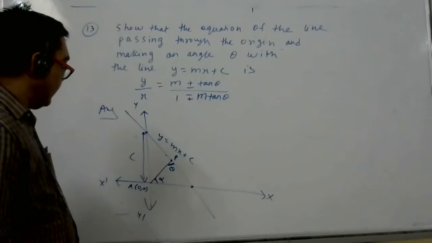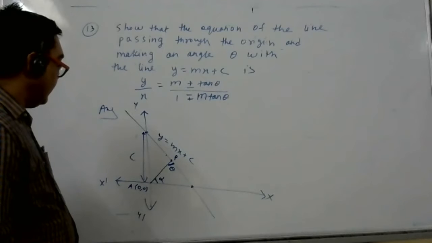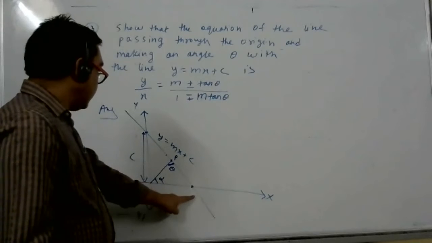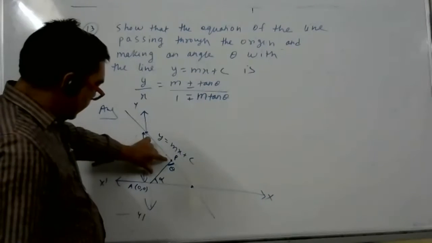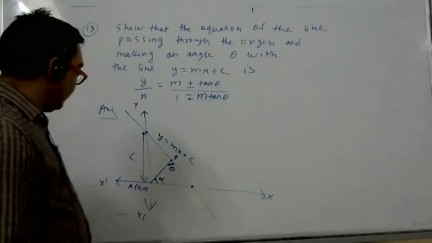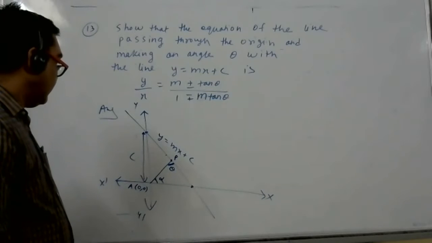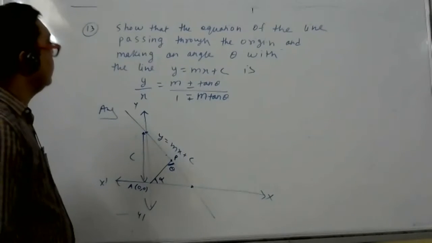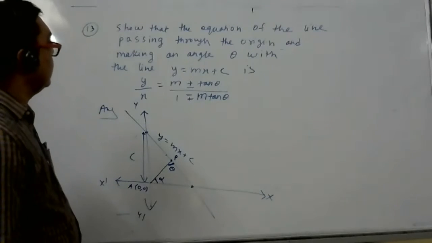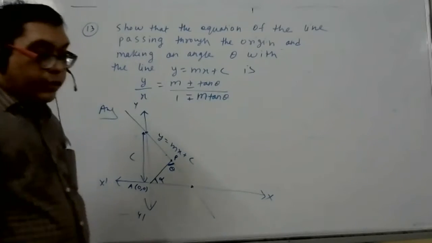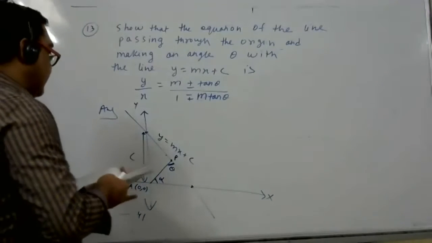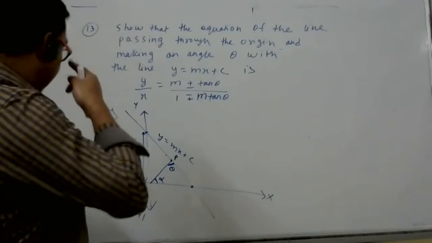Wait, something is going wrong somewhere. Why is this sum so difficult? We know these 2 points, so we know the slope. Can we find the slope? No, nothing we can do now. Okay, this answer is also given, student. The answer is given. We have to prove it only now. We can do this sum, I think.